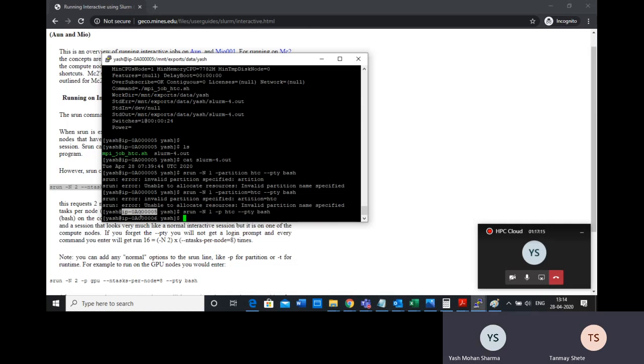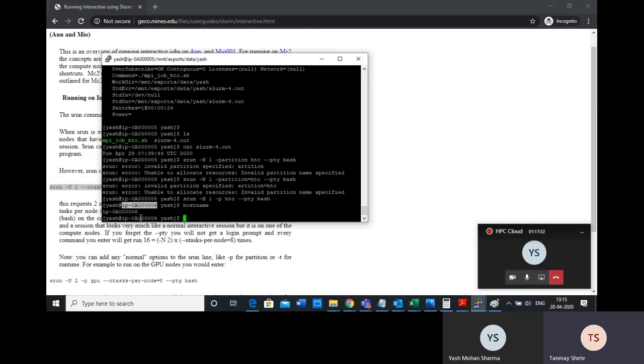This is a machine name. So I've shifted to the HTC machine. You shifted to the HTC machine, and now you can start an interactive session here. So this is an HTC machine you are in. If I check the hostname, it has a hostname which is different from the master name. And again you can say scontrol show nodes HTC.